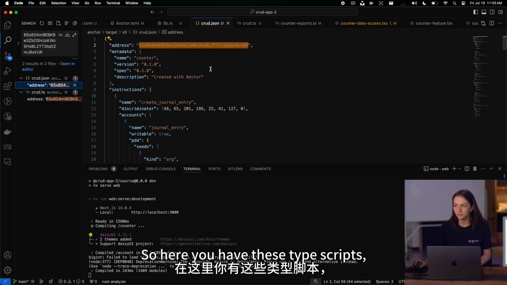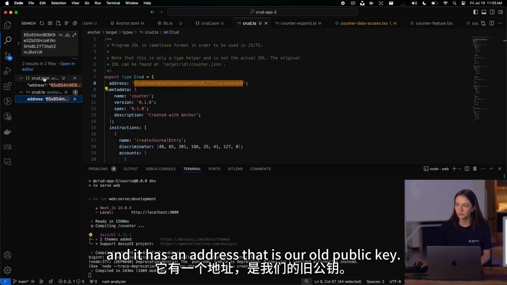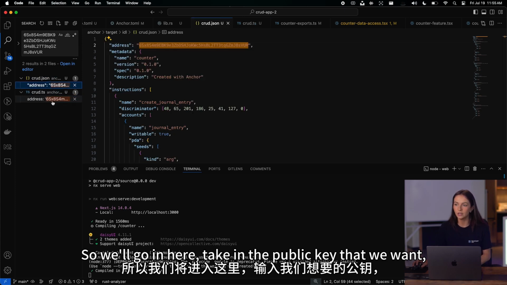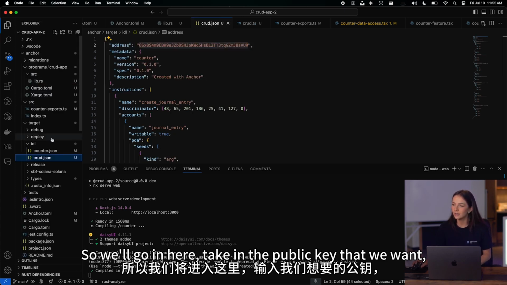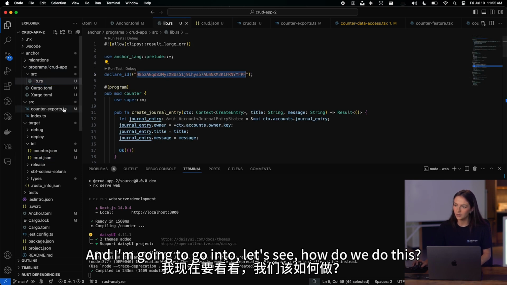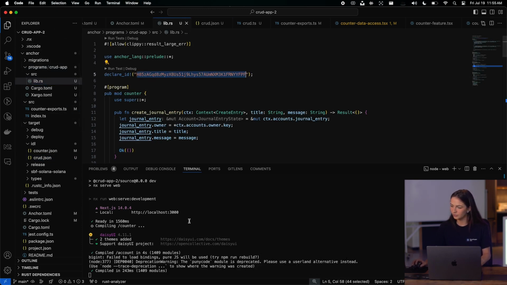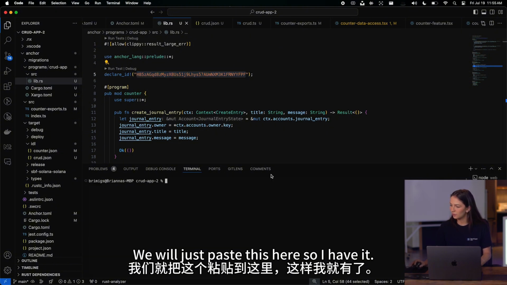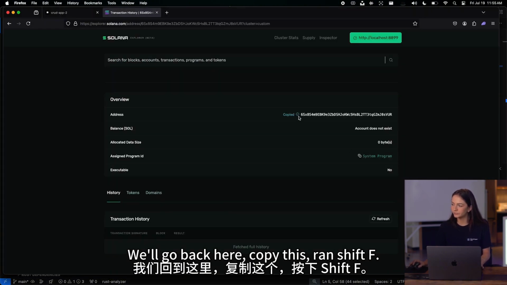Okay, so here it is. This is what we also need to update. So here you have these TypeScripts, and it has an address that is our old public key. So we'll go in here, take in the public key that we want, that we actually deployed, and I'm going to go into, let's see, how do we do this? We will just paste this here so I have it. We'll go back here, copy this,